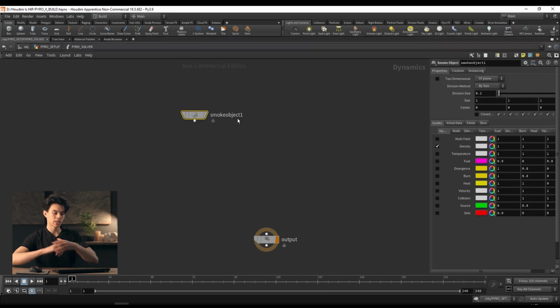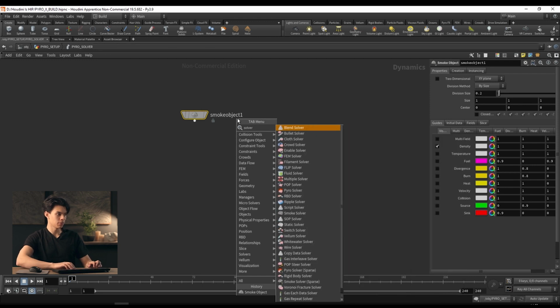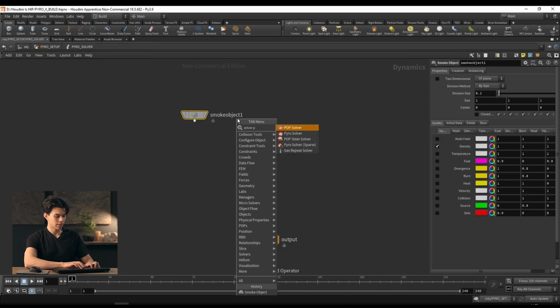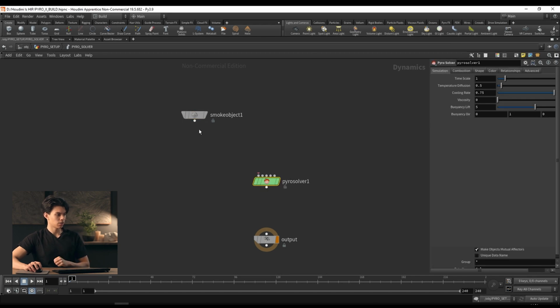Remember, the smoke object is what holds all of your information for the solver, right? So all of your data is stored in the object. We need a solver to run over the information that's in that object. So we drop a solver. And the solver that we need is a Pyro solver. We're going to be using just the regular Pyro solver and not the sparse solver. We will be looking at the sparse solver very soon. So go ahead and just use a Pyro solver, plug the smoke object into the Pyro solver into output, and